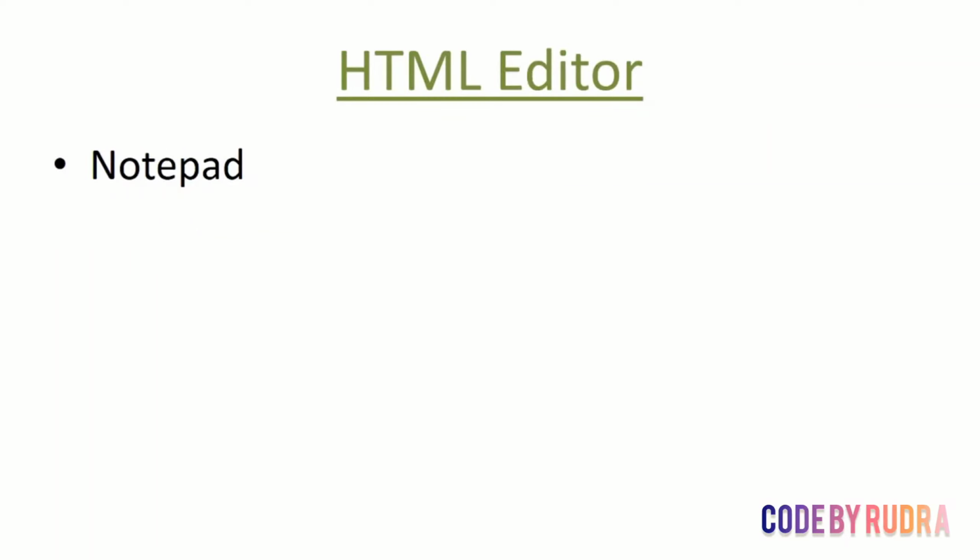So here we see which HTML editors we have. The most basic editor we have in Windows is Notepad. Notepad comes with Windows itself. We can use it as an HTML editor in which we can write all our code, and it is free. There is also one above this, which is Notepad++. The difference between this and simple Notepad is that the coding in this is a little colorful, and other than that there is no difference.